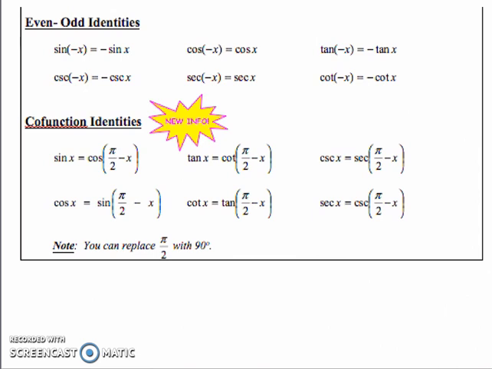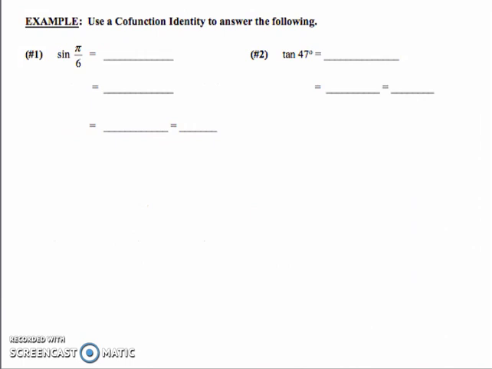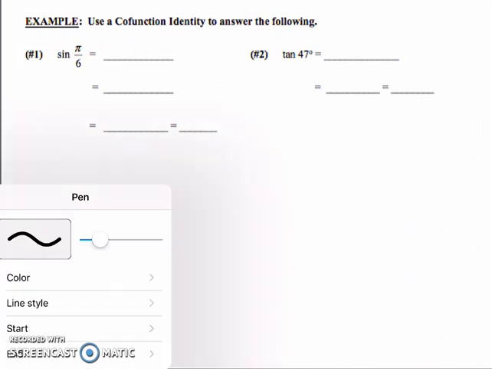The idea that you could rewrite tangent as cotangent, rewrite cosecant as secant, cosine as sine, cotangent as tangent, or secant as cosecant. And again, all of these cofunction identities have pi over 2 in them, but remember, pi over 2 is equivalent to 90 degrees. So depending on the information that you're given in the problem, sometimes you might want to work in radians, and sometimes you might want to work in degrees. So in our following two examples, we have one example of each of those things